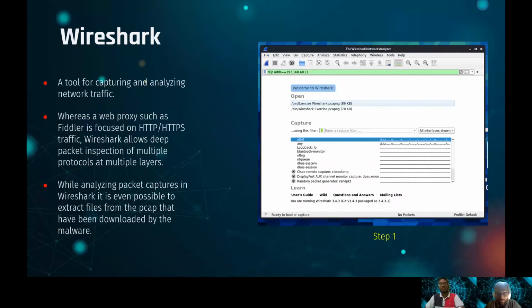Next, Wireshark. What is Wireshark? Wireshark is a tool for capturing and analyzing network traffic. Whereas a web proxy such as Fiddler is focused on HTTP and HTTPS traffic, Wireshark allows deep packet inspection of multiple protocols at multiple layers. While analyzing packet captures in Wireshark, it is even possible to extract files from the PCAP that have been downloaded